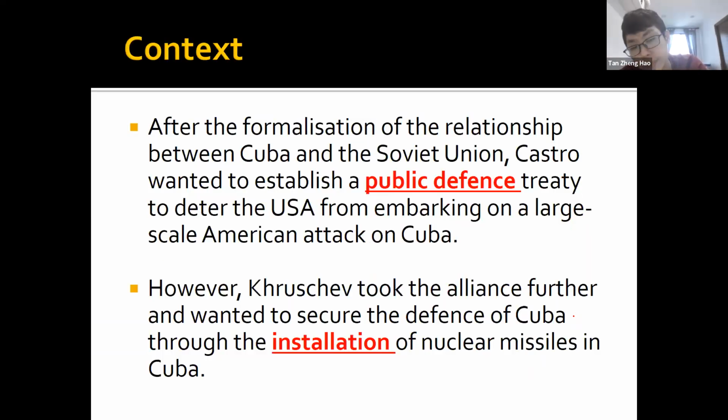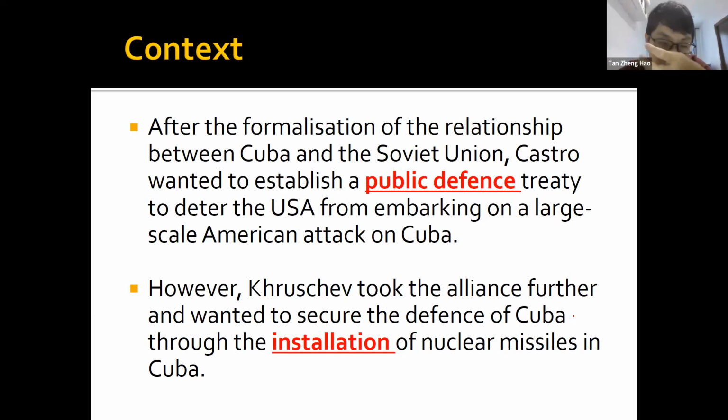Okay, so when the alliance between Cuba and the Soviet Union was set up, there was a thought like, Cuba is now my ally, I need to protect my ally. And one of the ways to protect Cuba is to install nuclear missiles in Cuba, because nuclear missiles are a very good deterrence. If I attack Cuba, Cuba may launch missiles back. So because I'm scared, I will not attack Cuba. So that's basically how nuclear weapons work. I threaten to use it against you, so you don't try and attack me.